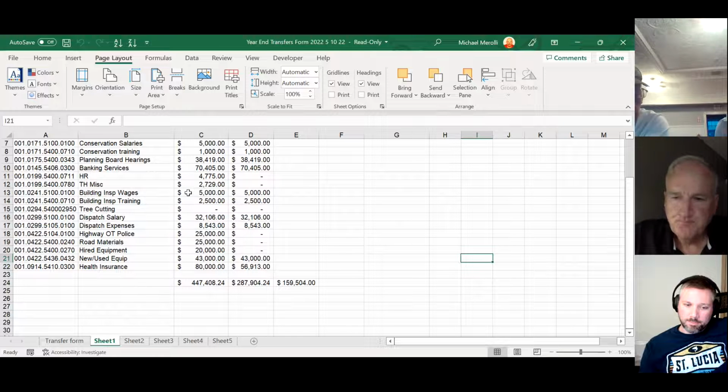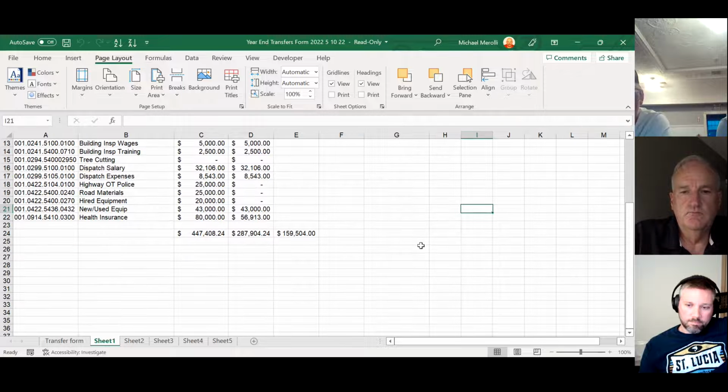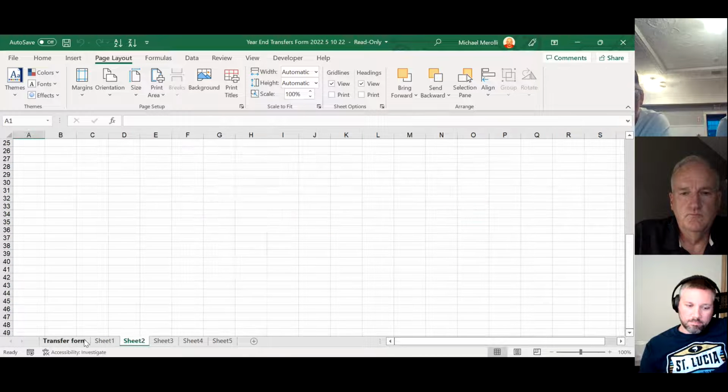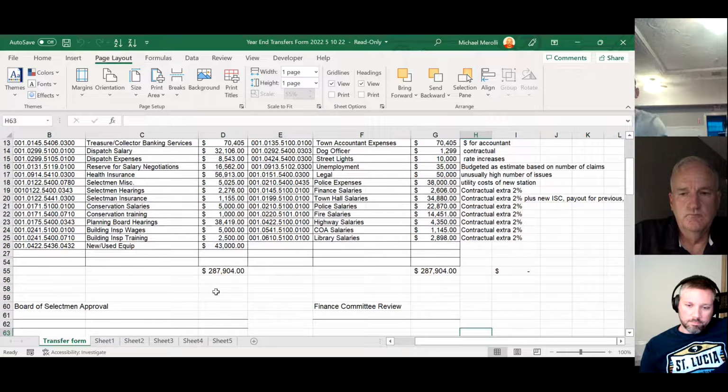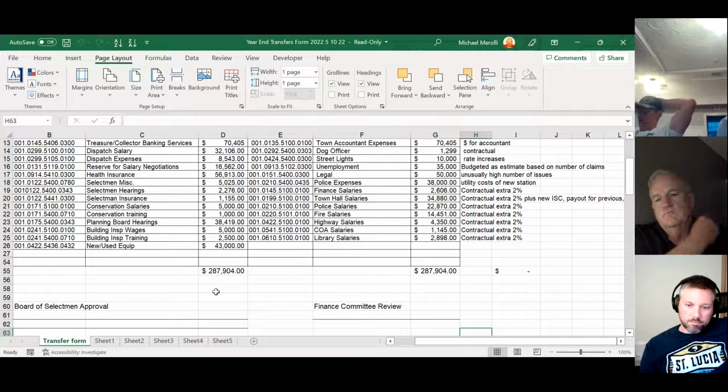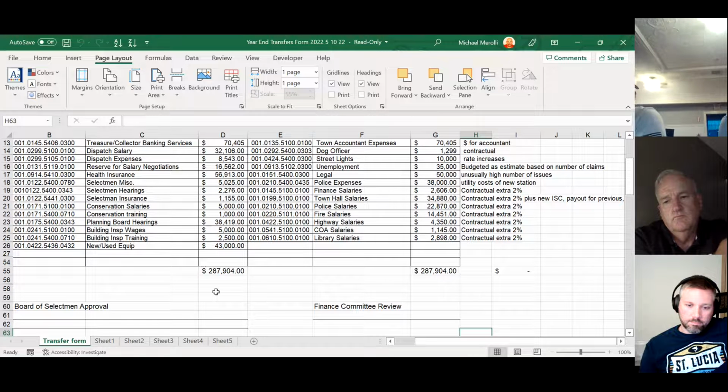Now, something else I wanted to suggest, and I know both Jack and Mike Amandoli are aware of it. In previous years, when it comes to the last 30 days, the finance committee would normally authorize the chair to approve any transfers in the last 30 days, just to prevent the difficulty of getting a quorum. So you can do it this way now, or you can approve the chair or any one of you actually to act on behalf of the finance committee to sign these forms, knowing that the select board also has to approve them.